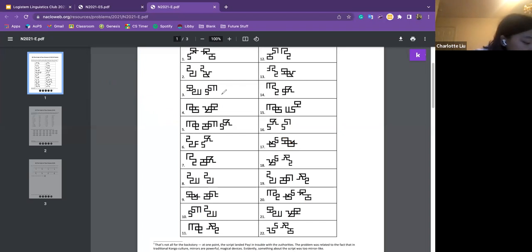So I don't want to explain the entire problem because it's kind of long, but I'm just going to go through a bit of how I thought. First I tried to look for characters that were similar. The first thing I figured out was that for number 8, these two are really similar. So I figured out that this is C, I think, because these two are the same. And then I figured out that the 2 lines equals U, and the 1 line equals I. That made it a lot simpler.